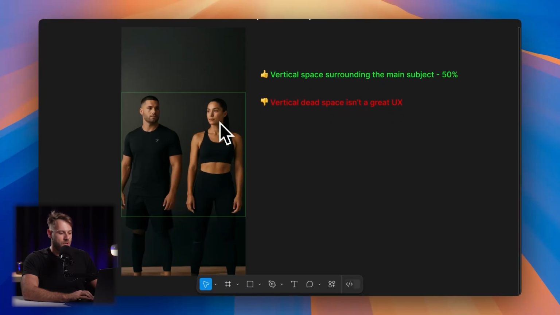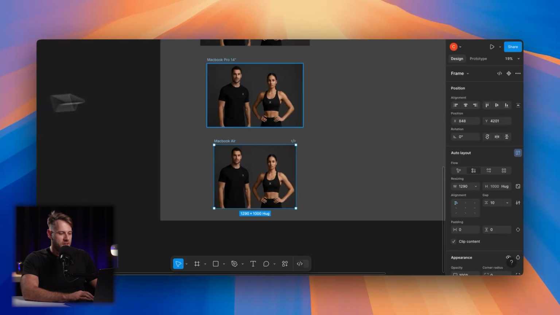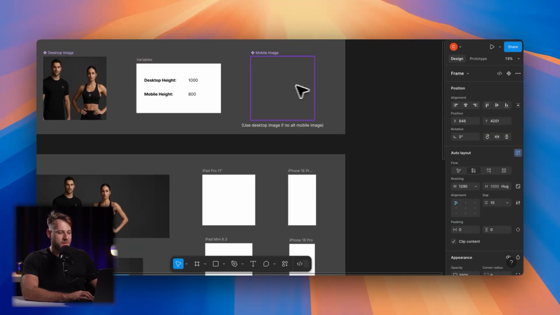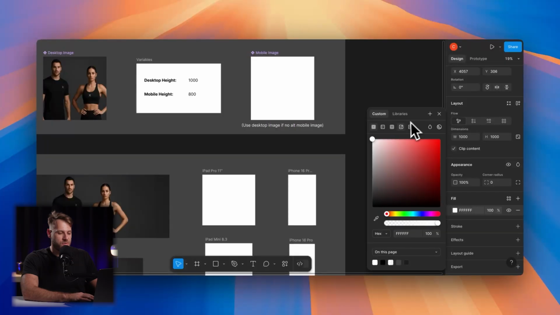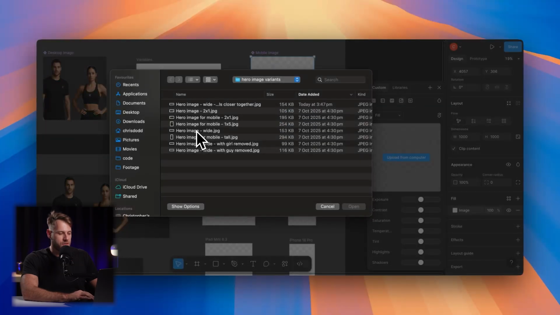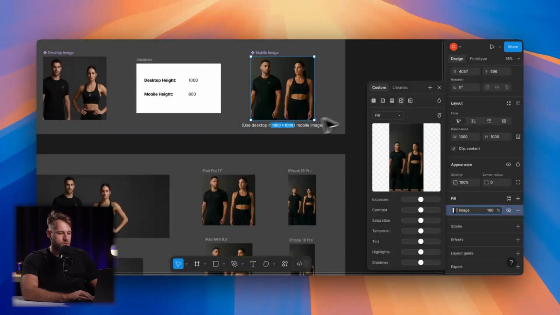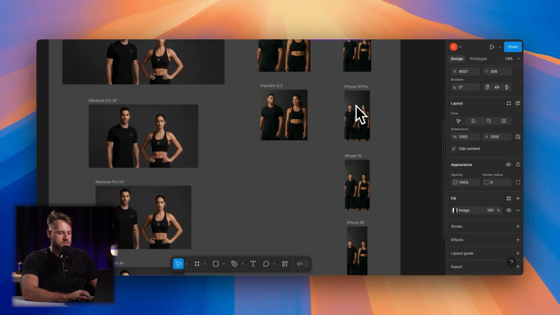So in this example, I've used Photoshop generative AI to increase the height of this image. And now we've got 50% of the image being dead space. But this is not going to produce the same user experience on mobile. So let me load that in to just show you on my testing page right here. So I'm going to go in and put in this tall version of the image, and you'll see that we